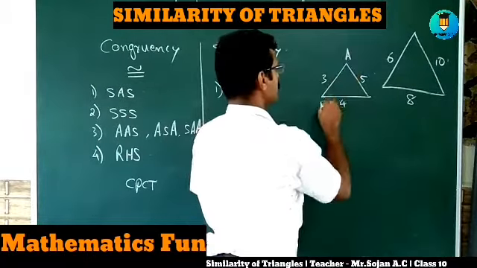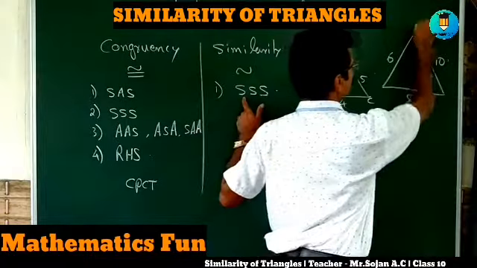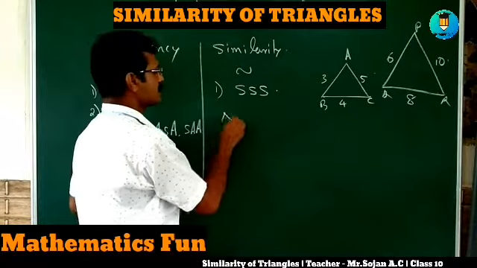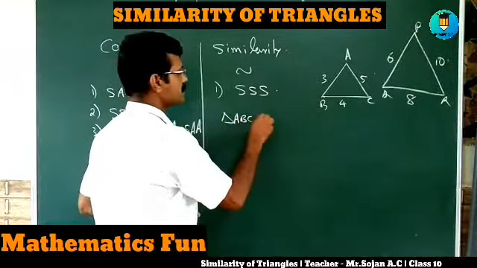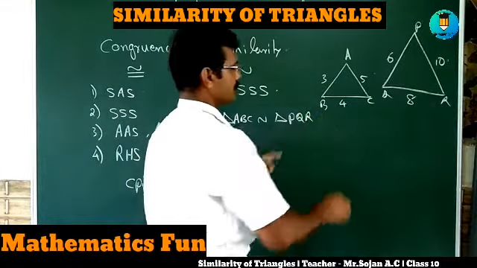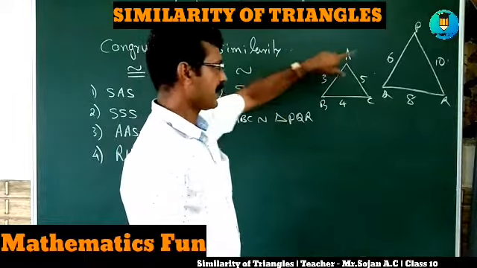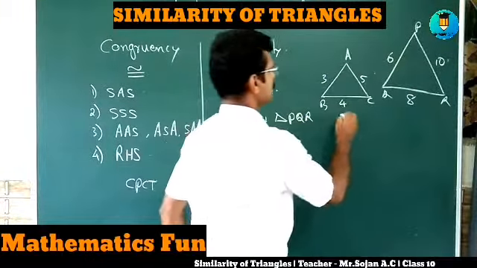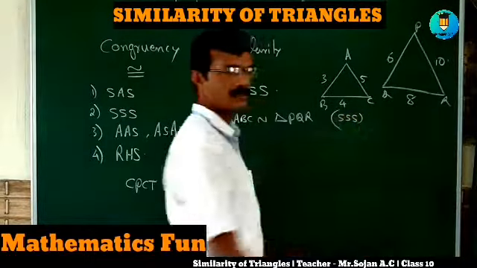So we will write it like this about triangles ABC and PQR. In this case, triangle ABC is similar to triangle PQR. So the triangles are similar. Because the ratio is the same, by SSS we can say it is similar by the SSS theorem.